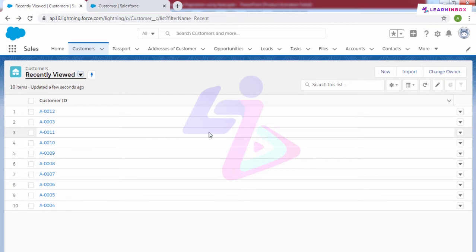Now what I'll do is I'll create a Visualforce page along with the Apex class for that. Okay, so for these 10 objects I'll implement pagination here in my customer object. So let's create a Visualforce page here.